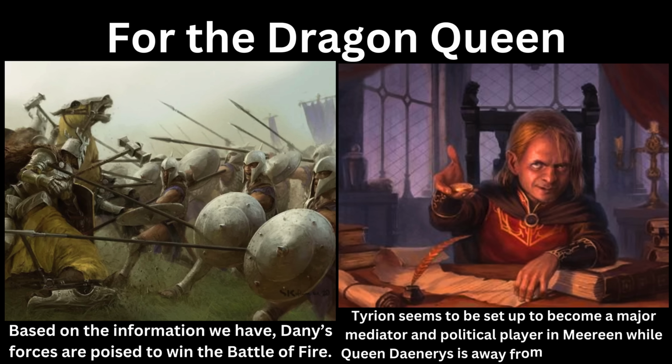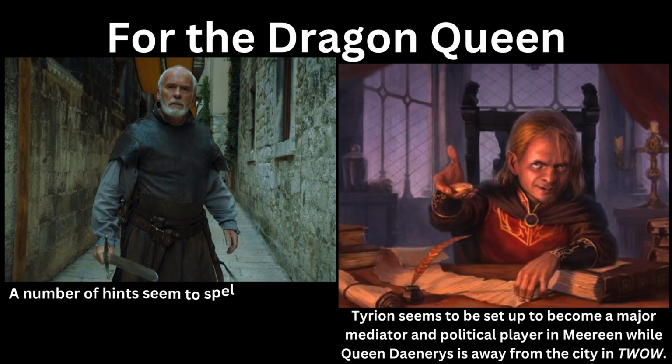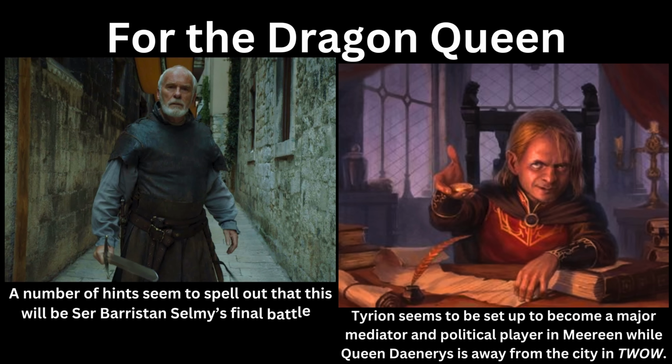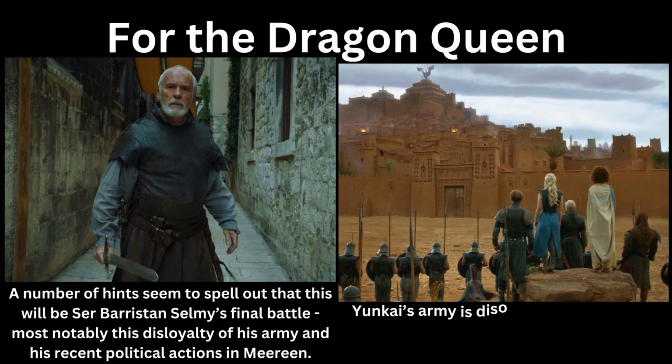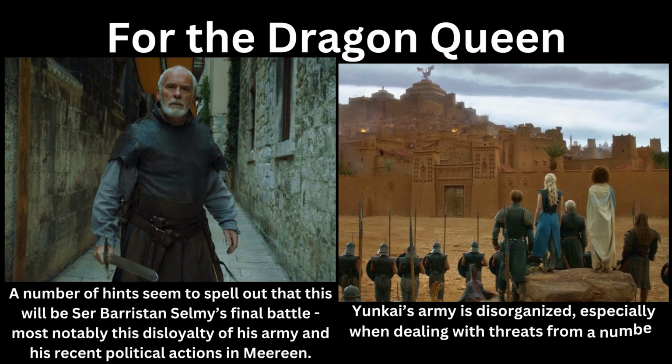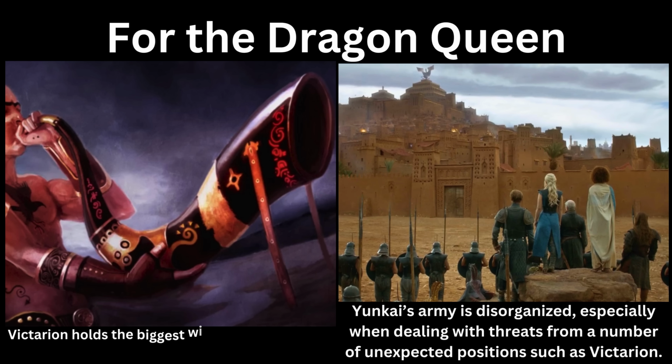I think that while Barristan's charge will likely spell his own doom for a number of reasons, I have a very old video on that, but I think Barristan is very much being set up to die here. I still think that the defense of the city is ultimately going to be successful, as Yunkai is not shown to be the most organized, and I do think their forces are going to end up disintegrating in the face of organized resistance, perhaps organized by Barristan, Tyrion, and Victarion. Though there are complications at play in the battle as well.